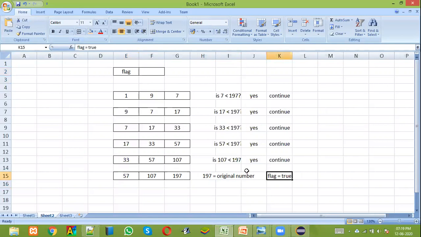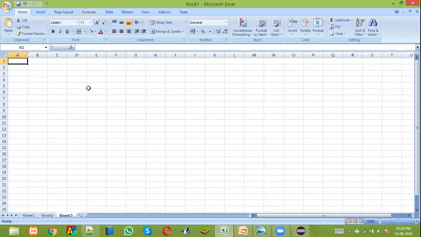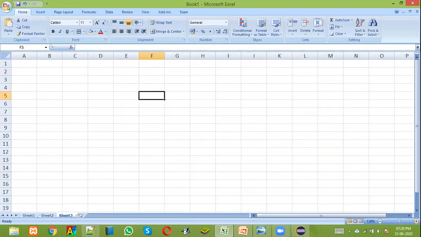So see, now I've got flag as true. Finally, I will be seeing the value of flag. So now the value of flag is true. So I'll print, yes, it is a Keith number. You understand? So this is an example where it is a Keith number. Shall we see another example? I'll increase the size of the page.